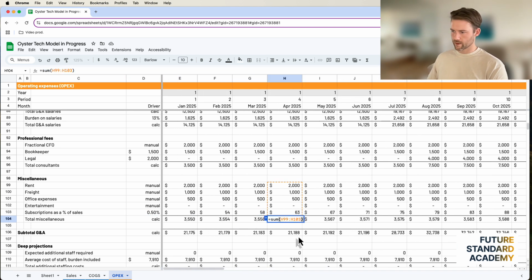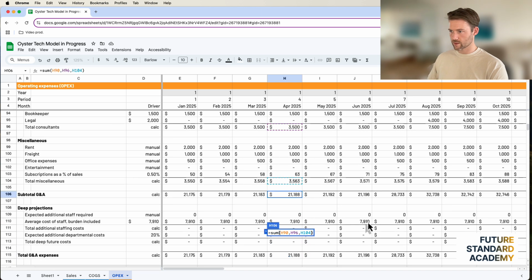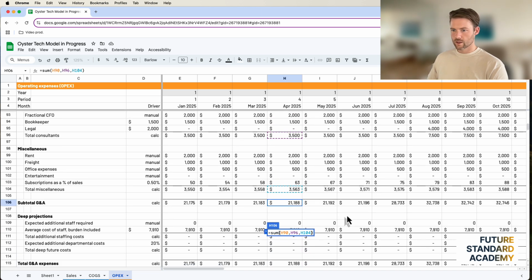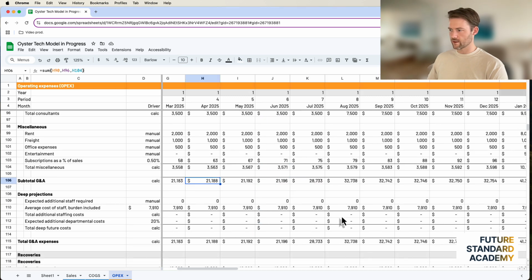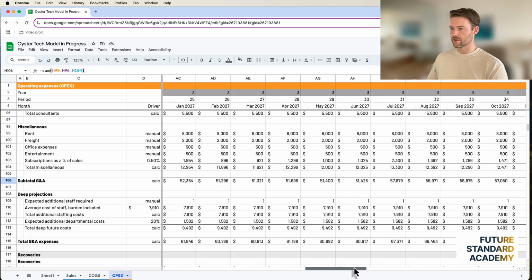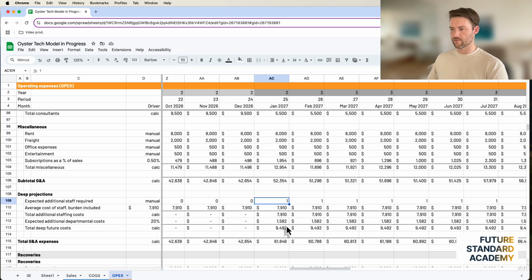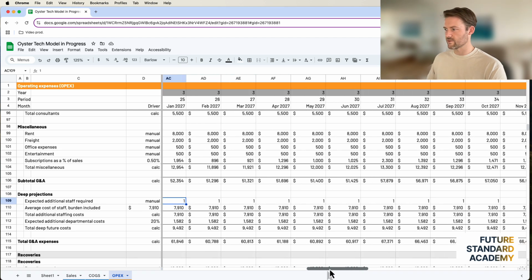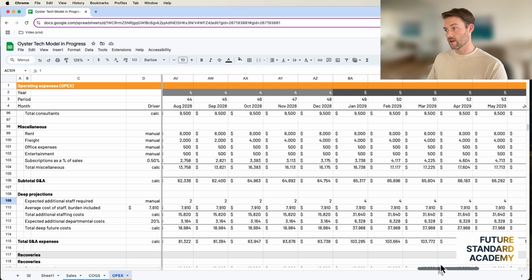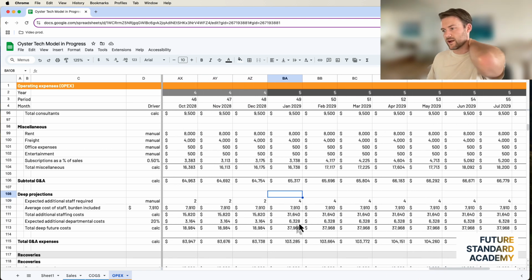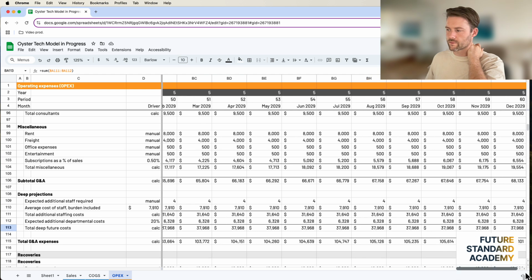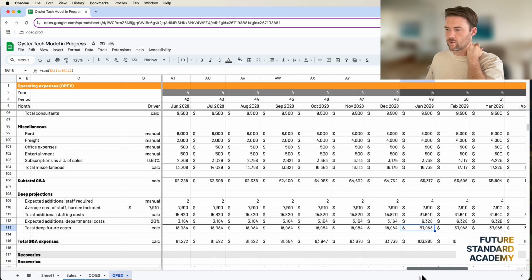Yeah. Okay, let's make sure this is adding. Okay, subtotal, it's working. Yep, salaries plus consultants plus miscellaneous equals your G&A. So here's where I actually did add in a few more staff in the deeper projections. 1 staff for 27, I'm not sure who it is, but they're there. 2 for 28, and then 4 for 25. So I'm adding in my subtotal G&A, the things that I'm expecting based on what I know today, which is $65,000 in a month. For the things I don't know, I'm expecting about $40,000 in a month, which is actually a pretty good coverage of known to not known, I would say.